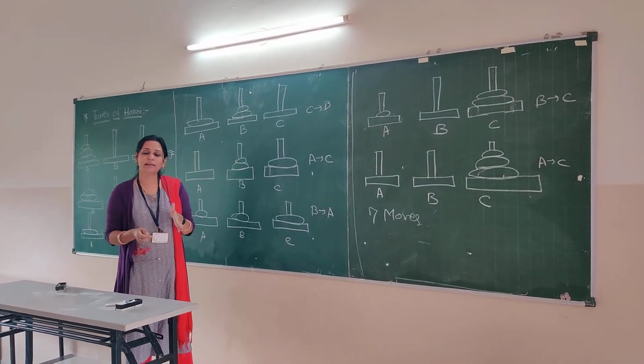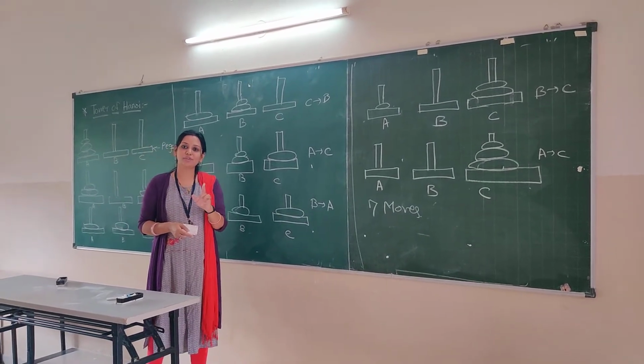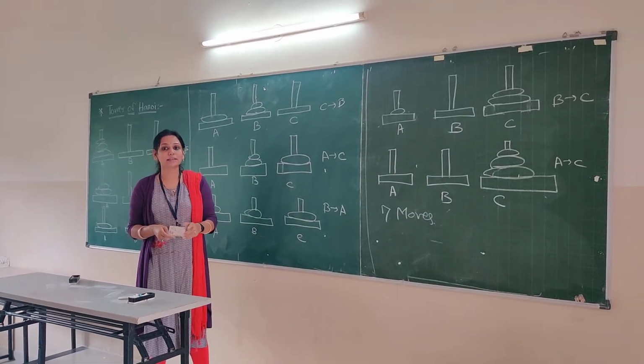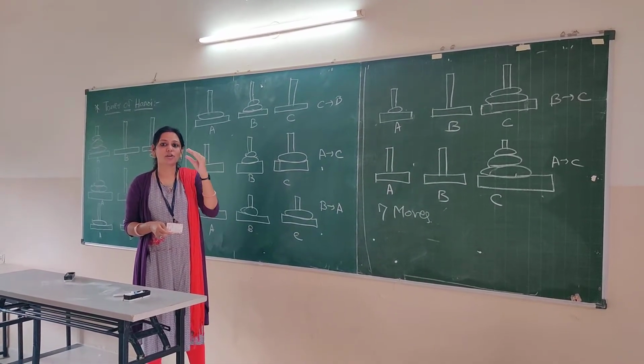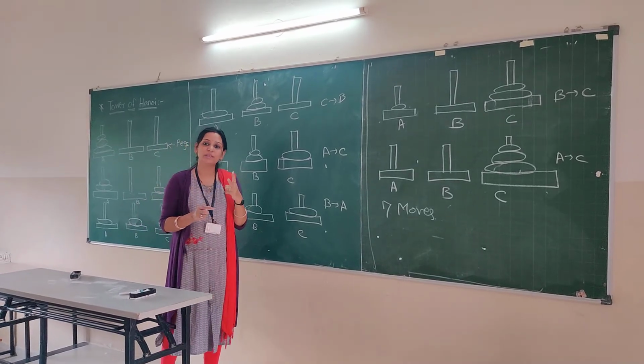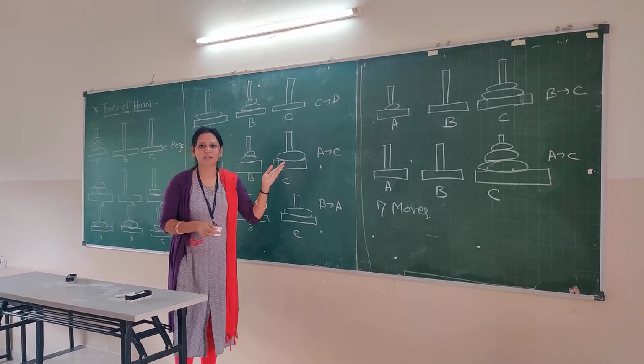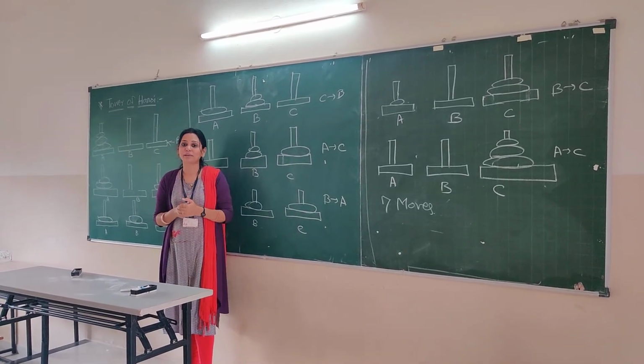Only the regulations are that at one time we shift only 1 disc, and we can't place a larger disc on the smaller disc. So by using these 2 rules we can play this game Tower of Hanoi, which is nothing but application of